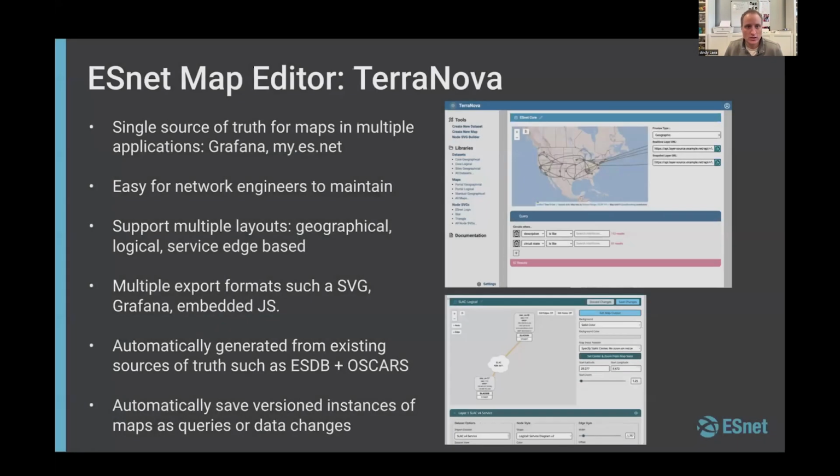One other thing I want to mention that we're working on, so I know mapping was mentioned earlier. That's a big use case for us as well. So right now under development, we have a map editor in place. The idea is basically you can have a single source of truth. You can grab data out of things like Stardust and ESDB to help populate the